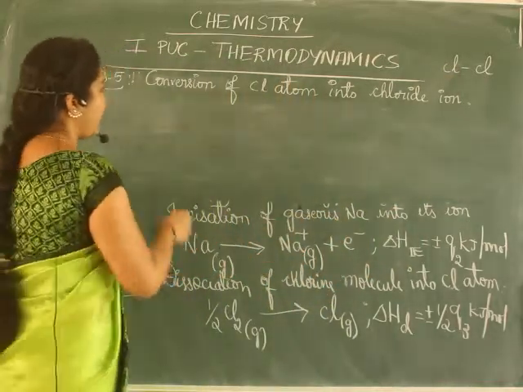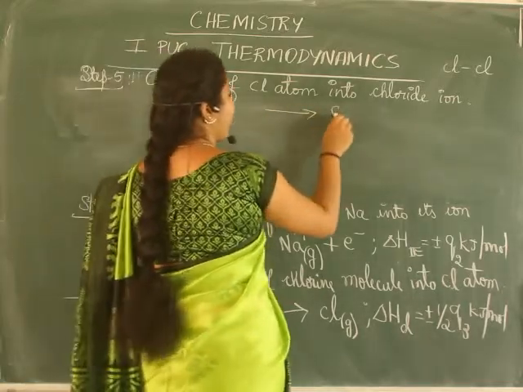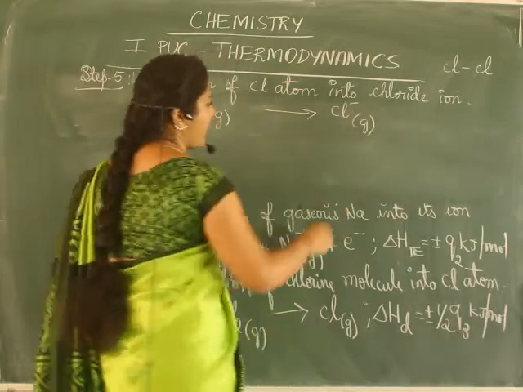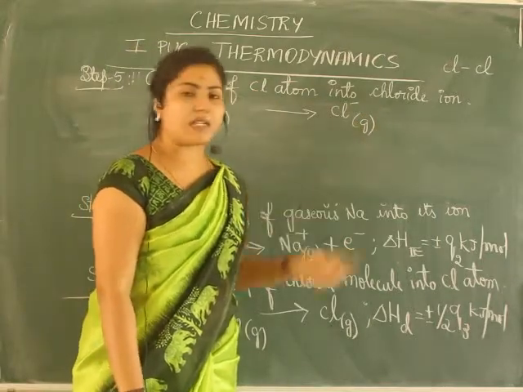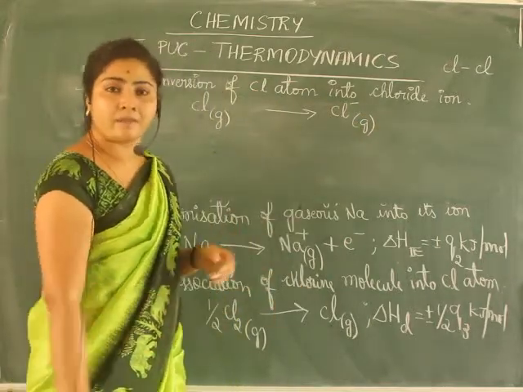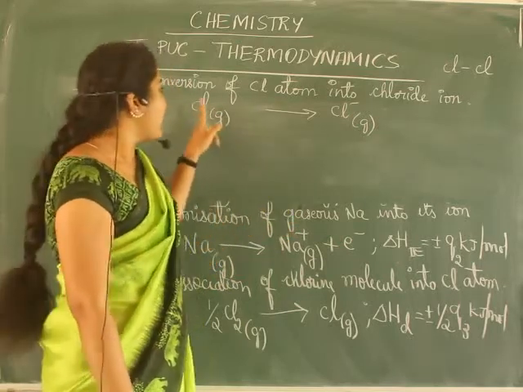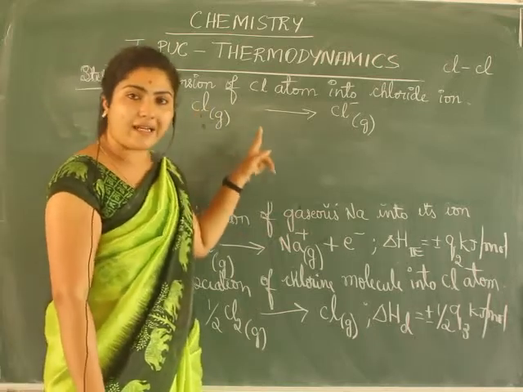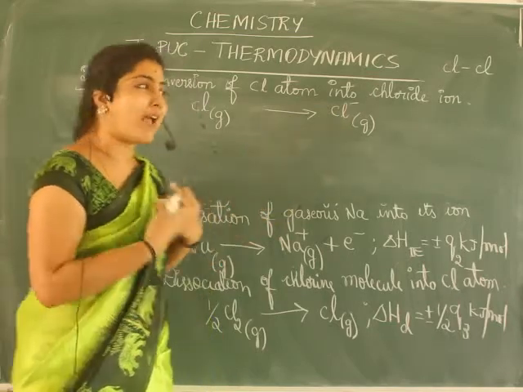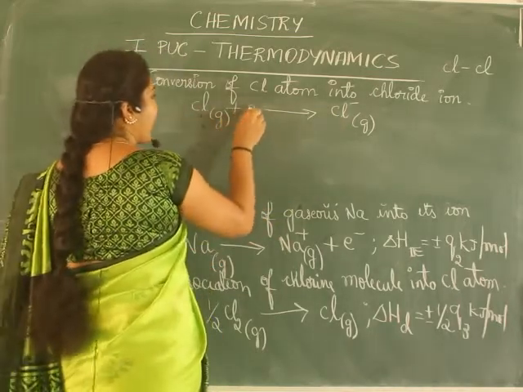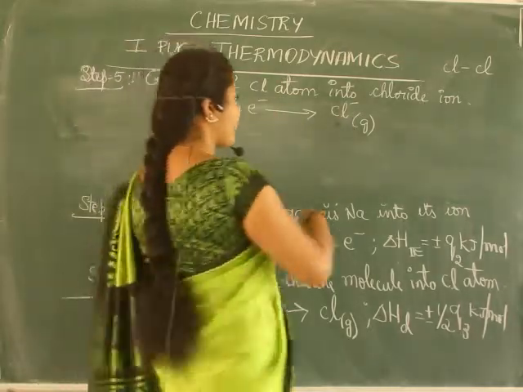Now chlorine atom means Cl is in its gaseous state. Now you have to convert it into Cl minus ion in its gaseous state. If you have to convert a neutral atom into a negatively charged species, into an anion, what is it called? The gaseous neutral atom accepts an electron and gets converted into its anion. It's called electron affinity. It should have tendency towards electron. So it gains an electron and gets converted into Cl minus. So one electron is extra there.